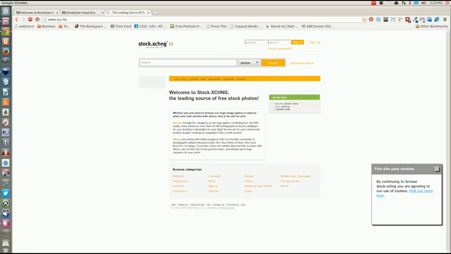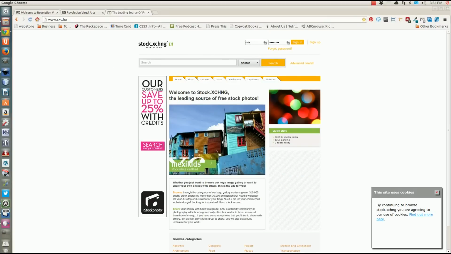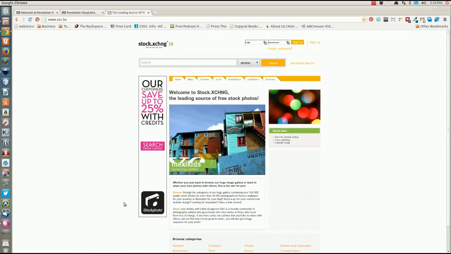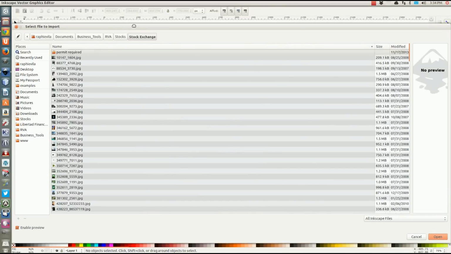This is an amazing free image stock site, and it was bought by... I really forgot the name. It's very popular. They have a paid version called iStock Photo, and they were bought by a big company, Getty Images. You're going to get nice photos on this site, and most of them you don't have to give any credit, though I suggest giving credit. Those people work hard and spend a lot of money on photography, so I suggest giving credit to whoever